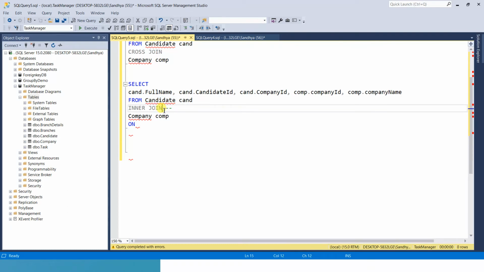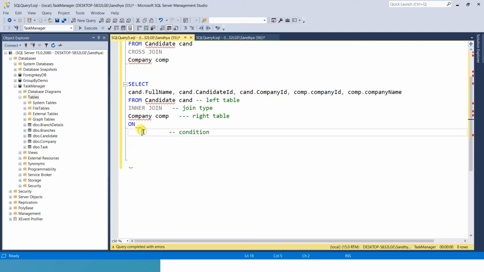I will give a small comment for your understanding. This is join type, this is left table, this is right table. Now this is on, and here we will write our condition, and this is column list.